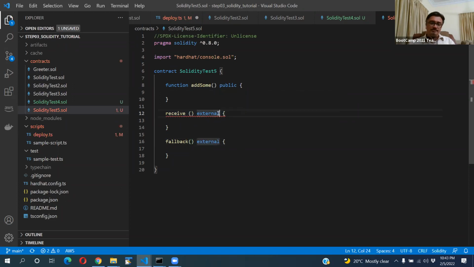It should be payable, because receive is specifically for receiving ether. So we will be actually receiving ether in this function if we have the receive function, and we'll have the